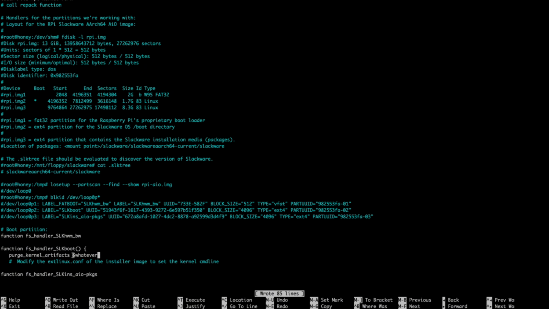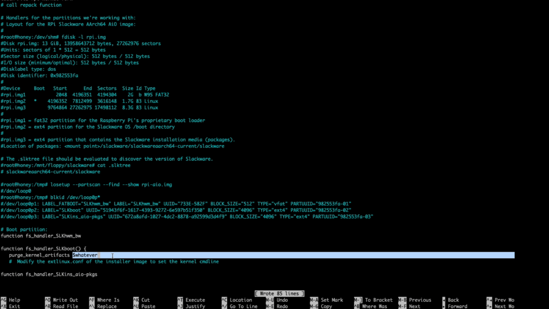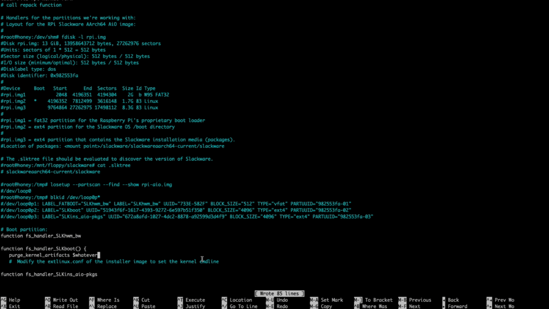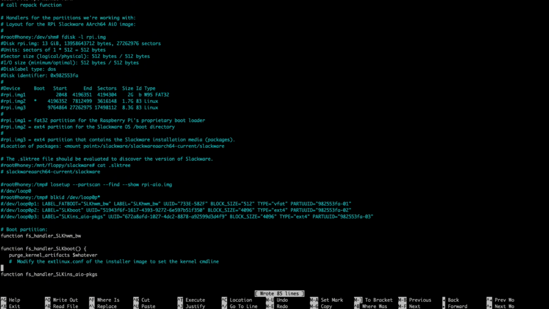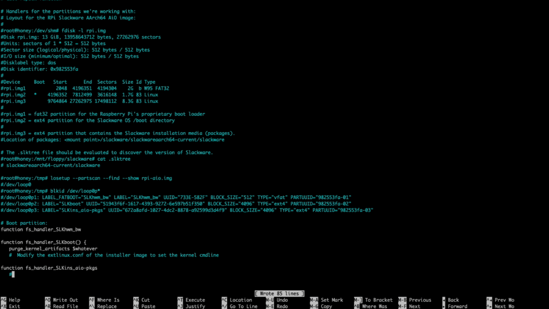So eventually this will have a mount point to something /boot, I guess, or whatever. I'll figure that out later. Yeah. So yeah, that's what I'm doing really. And what else do we need to do? Unpack the kernel. Why do we need to do that? Copy. Oh yeah, so we need to unpack the. Right, yes, okay. So here, like this function,